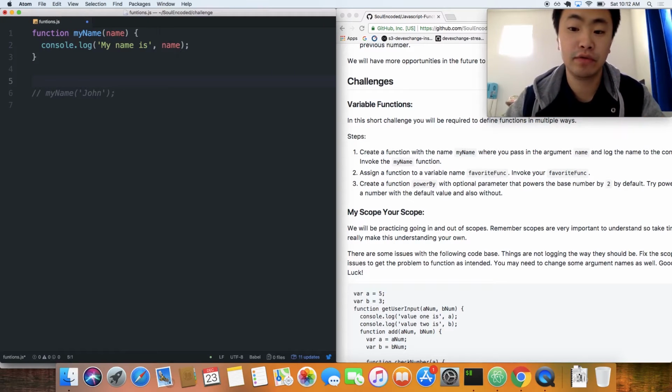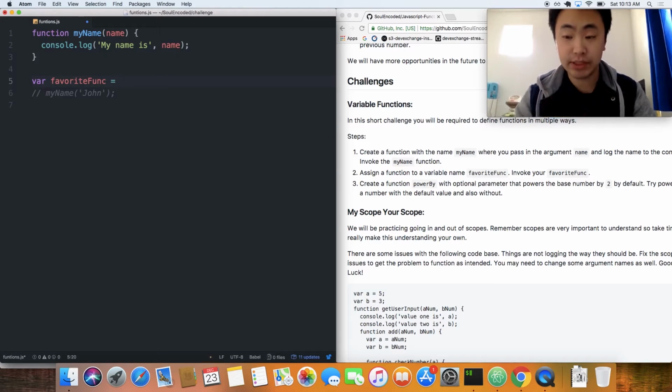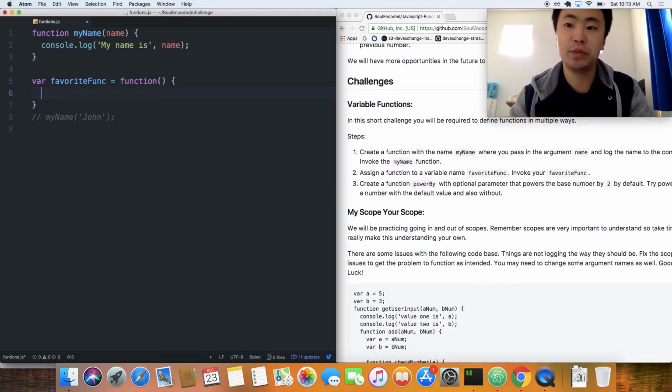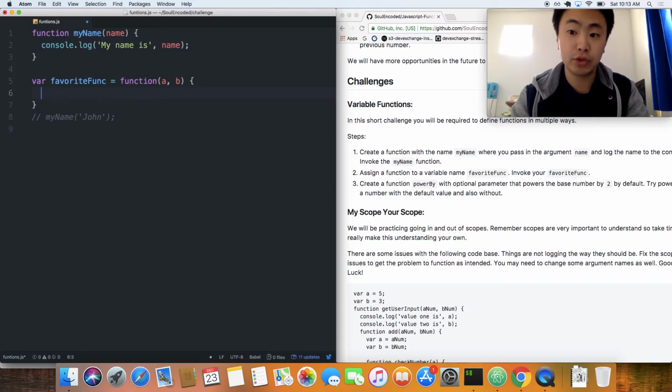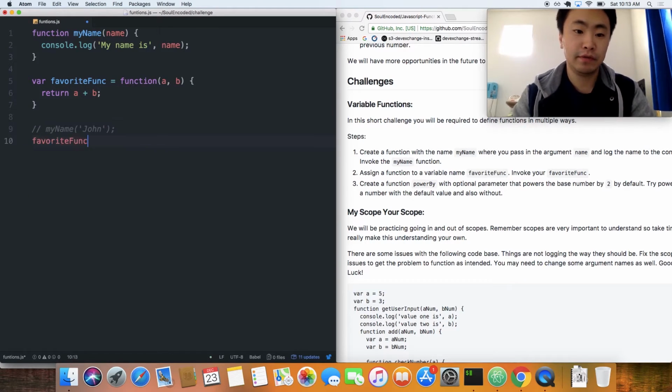Assign a function to a variable favorite function. So let's say var favorite func. And then let's create an anonymous function. And one of my favorite functions that we've been doing multiple times is the add function. So let's actually pass in two numbers here, two variables there, or two arguments or parameters, and then let's return the summation of these two, and then let's invoke it, favorite func, and then let's pass in 2 and then